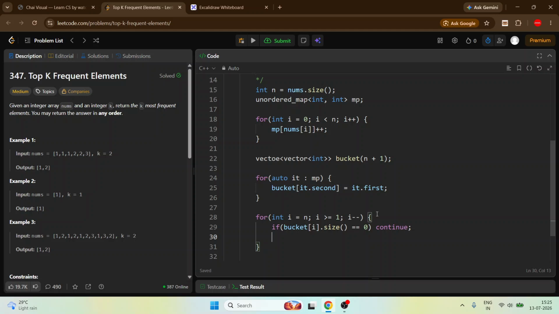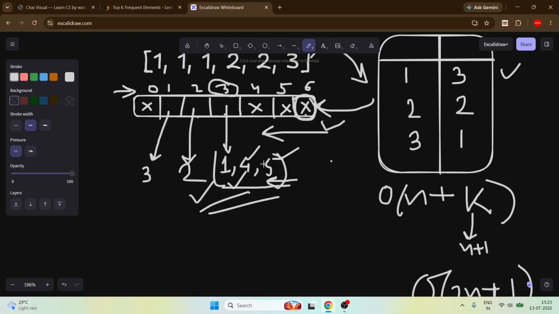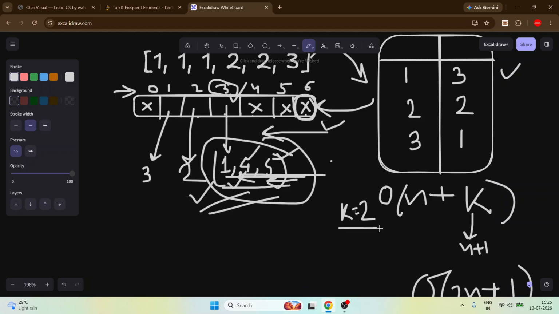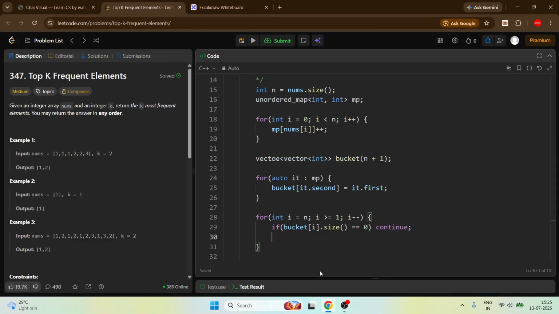When we go to the next element, say we have 1, 4, 5, everything has frequency 3, and we have to pick two elements, k is 2. How do we pick? From these three, pick two elements with the most frequency, that is 4 and 5. So for that we have to perform another loop here which says